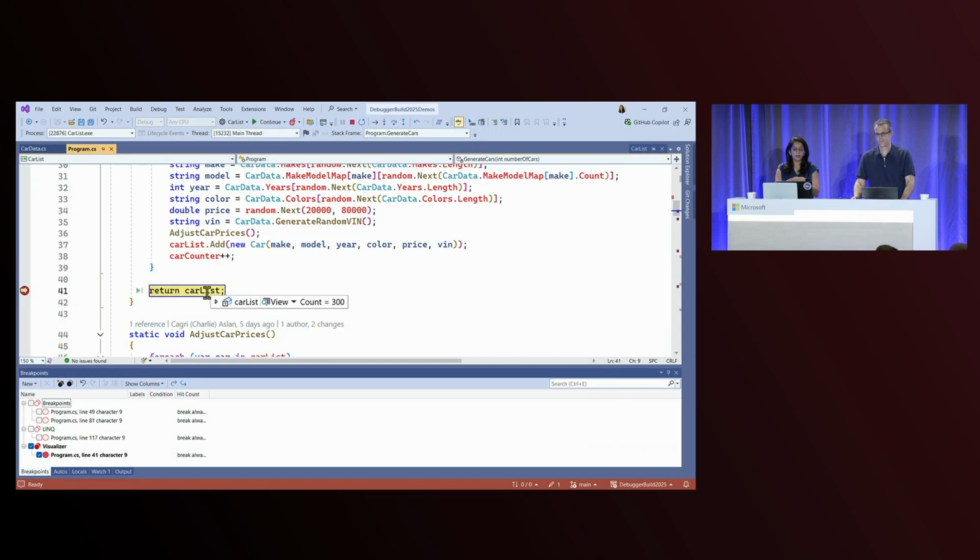Now, I want to start my investigation by looking at the data which this particular function is generating, seeing if there is any inconsistency with the data, if there is anything missing or added. So all I have to do, if I want to check the data in this list, is hover over here, and I get this data tip. I can see the data here. But if I want to see the data in a nicely formatted way, I can also click this view button. That's called a visualizer in the debugger.